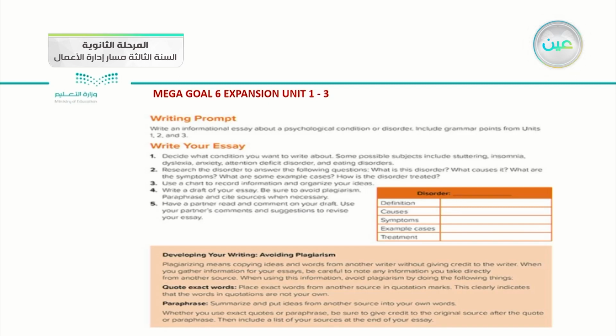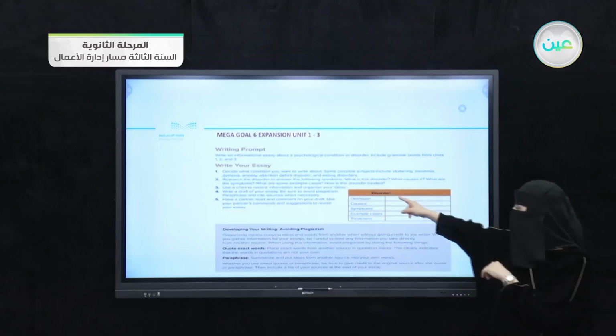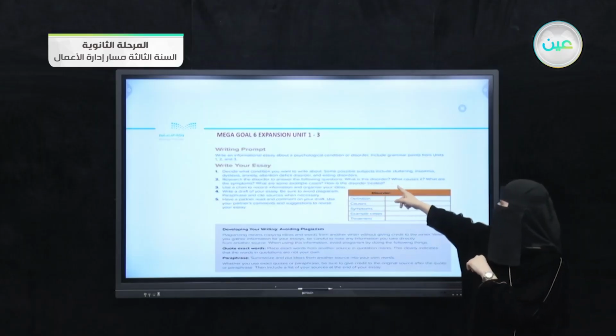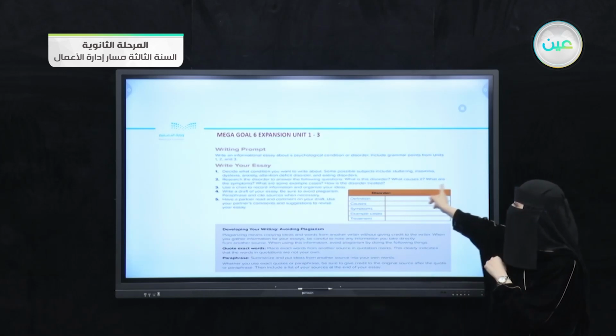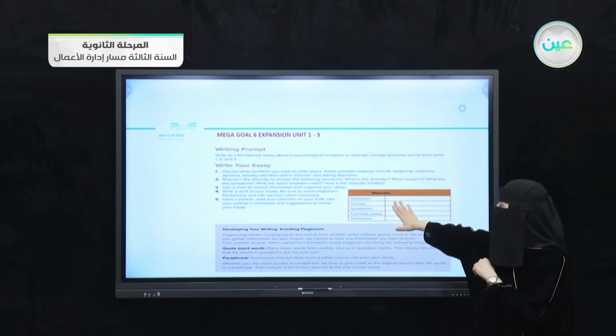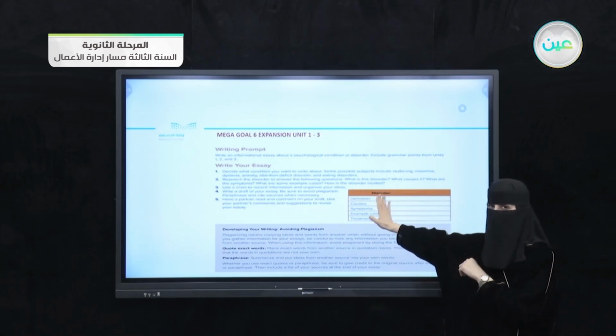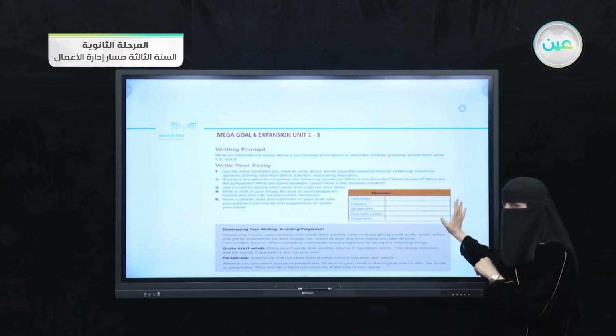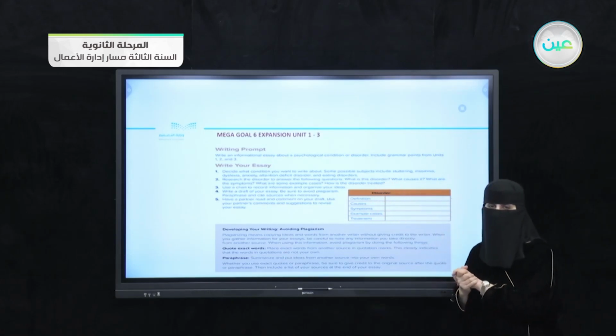If you notice, this chart about the subject disorder is completely the answer for the 4th question up or the 5th question up. Do you see that question they mentioned there? What is this disorder? What causes it? And what are the symptoms? It's the same, but the answer is down, and they analyze it inside this small chart.